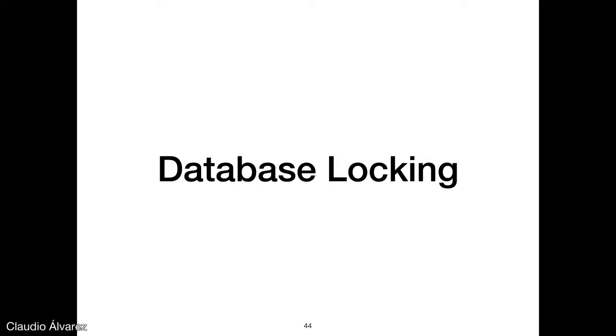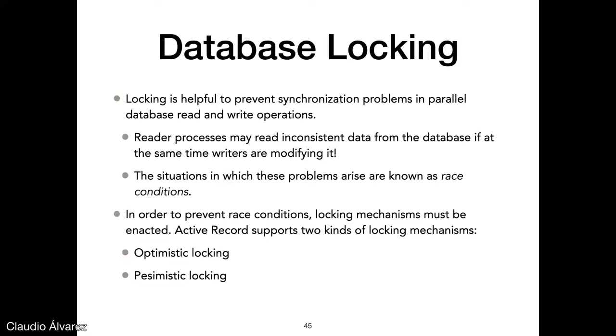Or how to handle database operations with locking. Transactions is one way of doing that. So imagine the situation in which you've got a model that is modified by different users concurrently, right? The model will have perhaps different attributes, and some of these attributes can be edited by two users or more